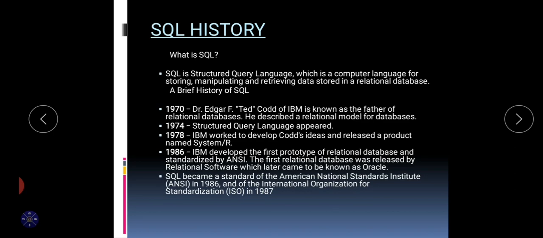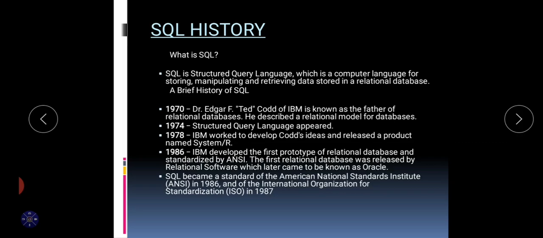The original version called SQL, Structured English Query Language, was designed by IBM in the mid 1970s. SQL was first introduced as a commercial database system in 1979 by Oracle Corporation.